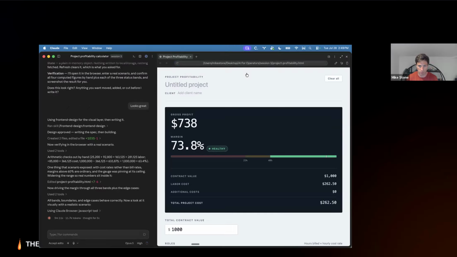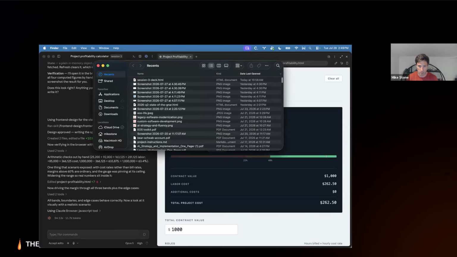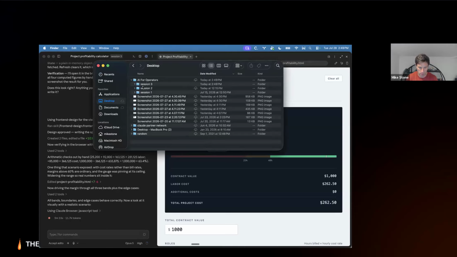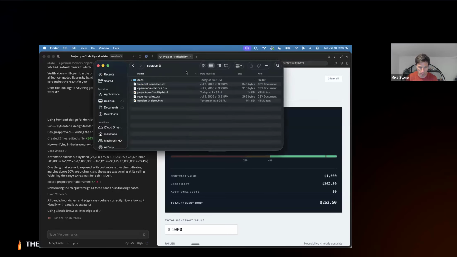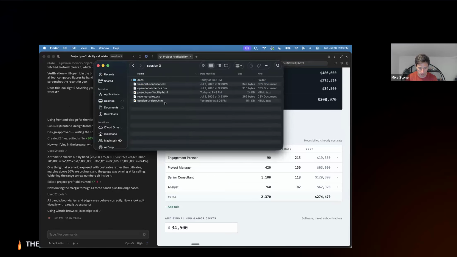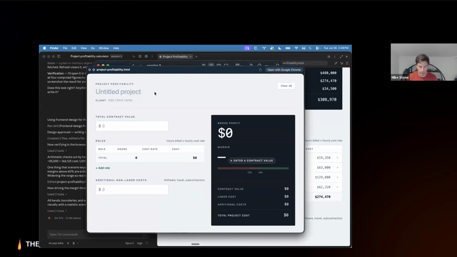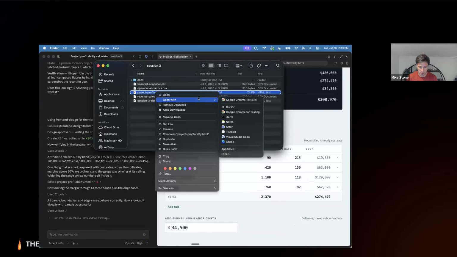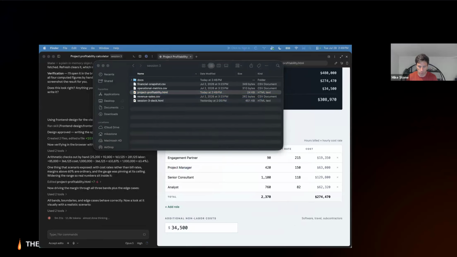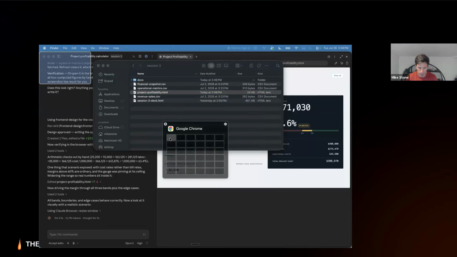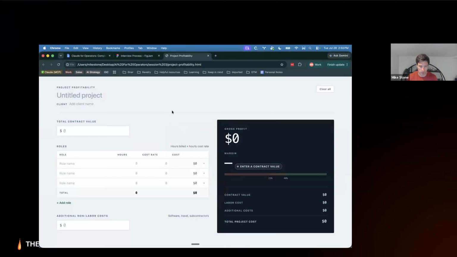So just to show you what I mean here, I'm going to open up session 3 here. Let's see, project profitability.html. This is the file that Claude just created. And I can just click to open this with Google Chrome and then just bring that window over here.